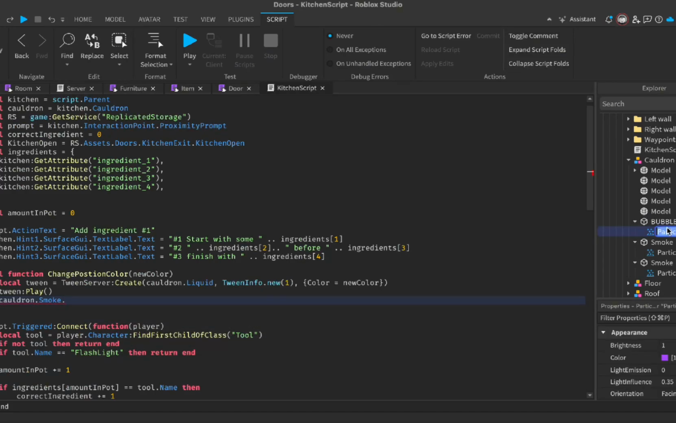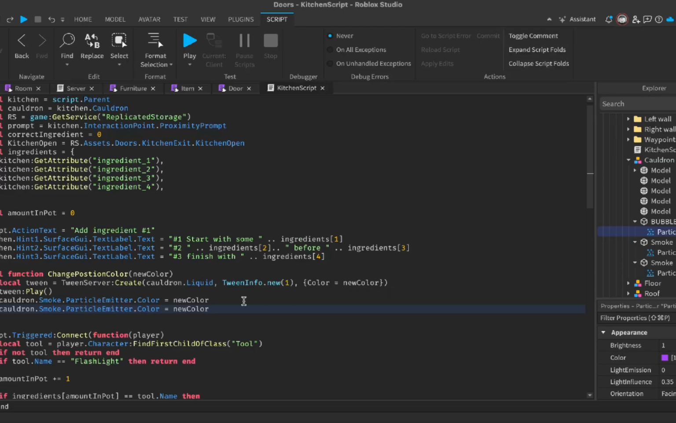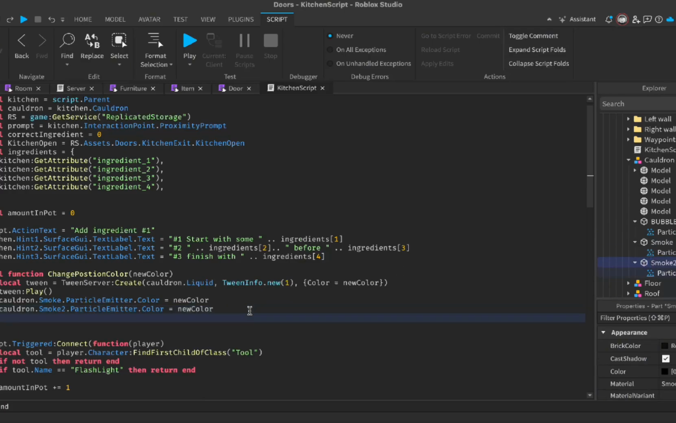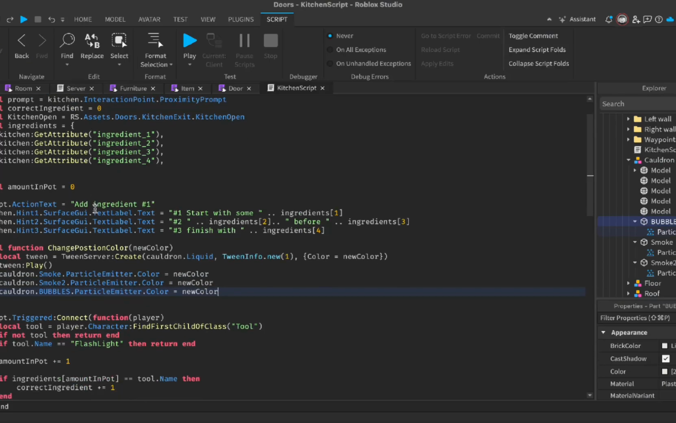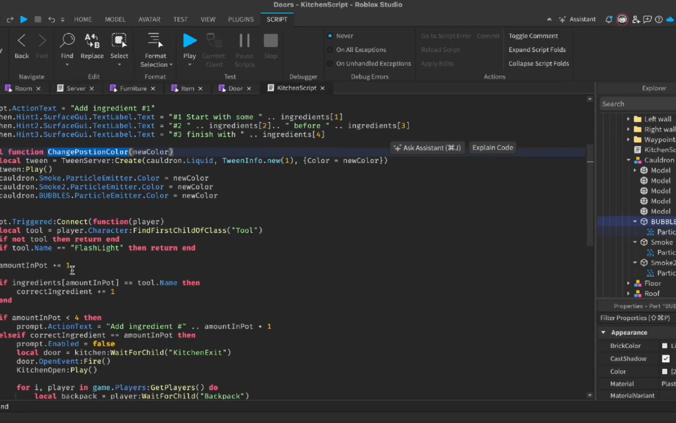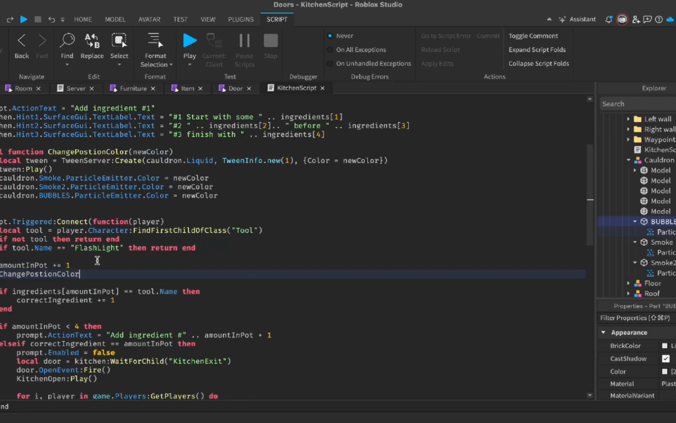Let me copy this, and the color equal new color, and copy this one and set smoke 2. This is not smoke 2. Oh, and copy this name and set to here, and copy this, change potion color to here,